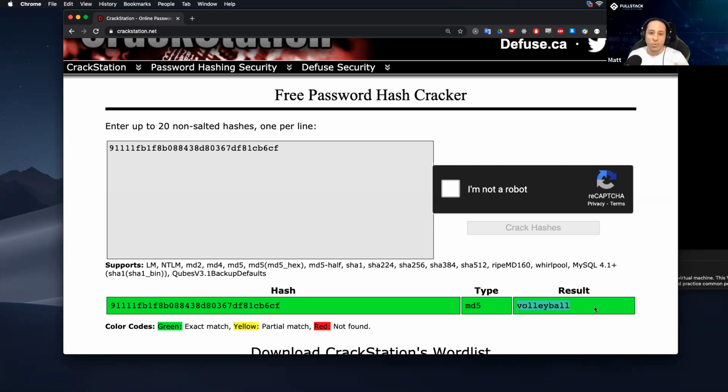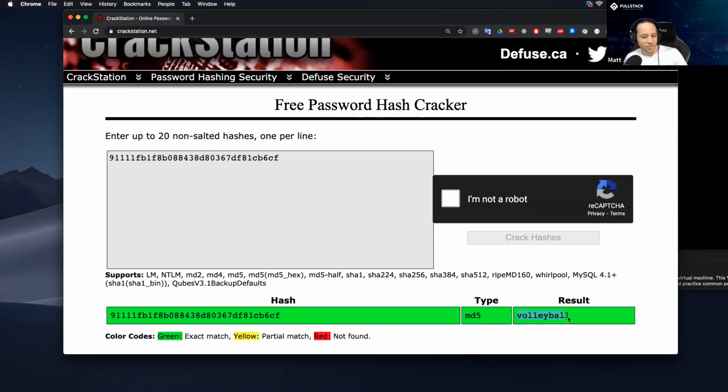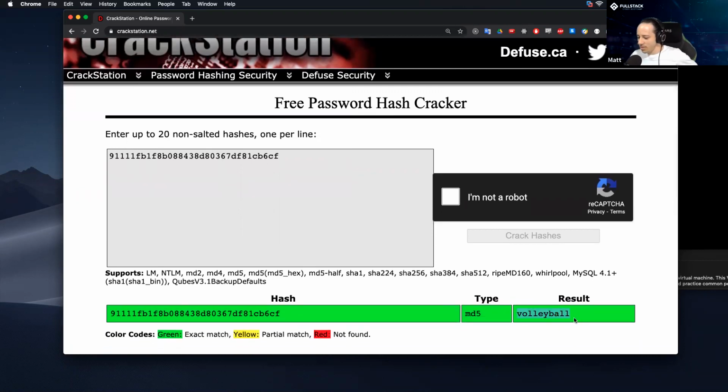Because a hash will always produce the same result every single time, we just look it up in a big old database, and that's how we get the result. Does that make sense? Yeah. Cool. Very important.